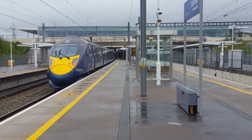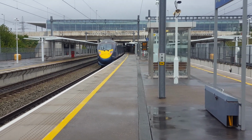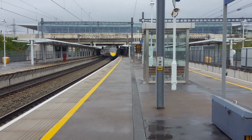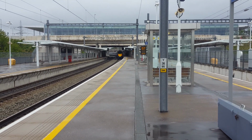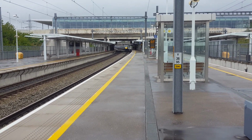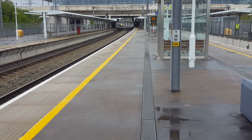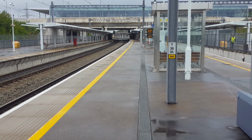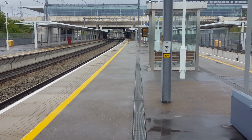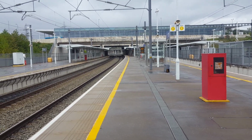But anyway, 395029 and 027 are ready to depart with the slightly late 1102 Southeastern High Speed Service to London St Pancras from Margate. Sweet. As you can obviously see in the background there, everyone's making sure platform 1 is ready for the arrival of the Eurostar. Okay, pulling in now is going to...